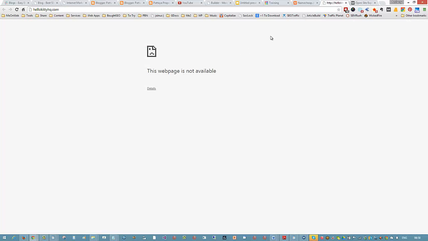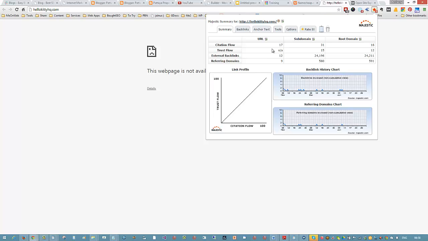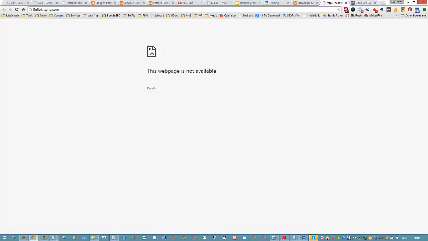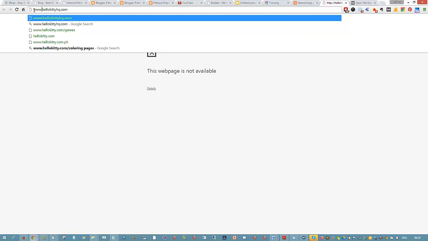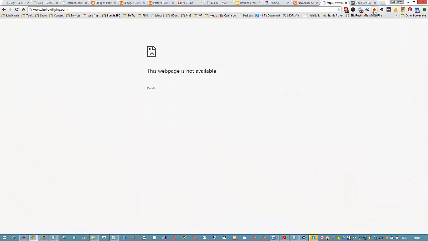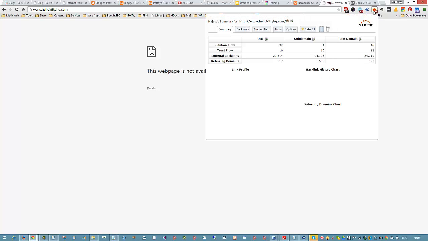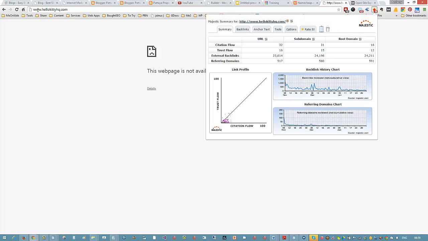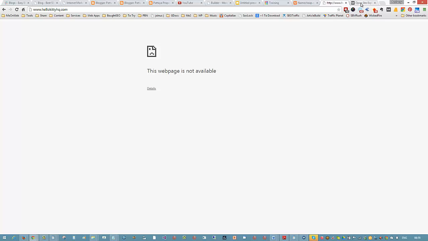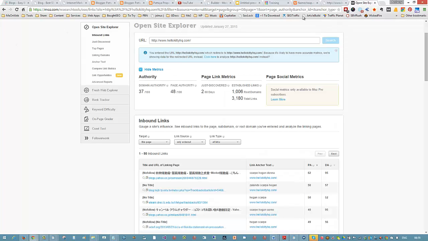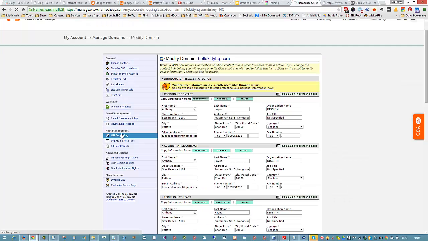Now, if I go to the URL itself, when I go into Majestic, it's not showing anything great here. It's got citation 417. Let's see if we can try it with the www. That sometimes will change the metrics quite significantly. Let's see what we got here. Yeah, so we can see a trust flow for the www. So you can see here we've got a trust flow of 16, which is quite decent. Okay, now I've got absolutely no way to use this, but there's nothing wrong with me using this for a redirect. So all I need to do is go into URL forwarding,